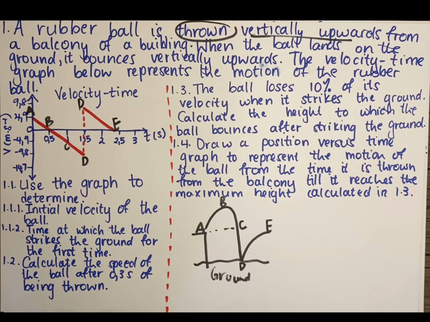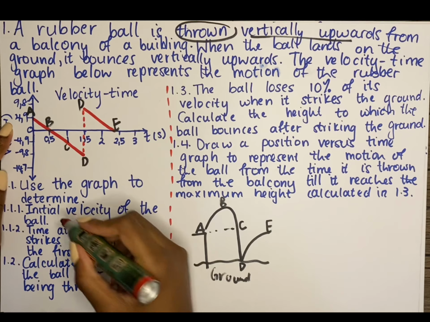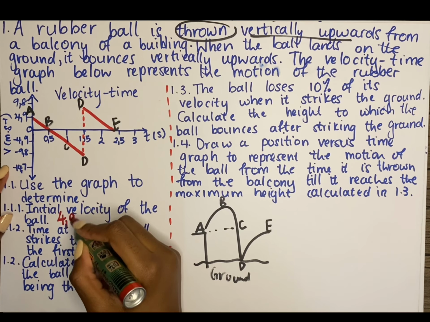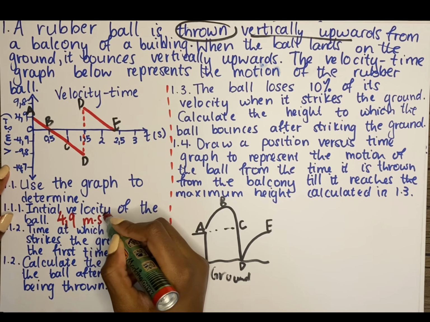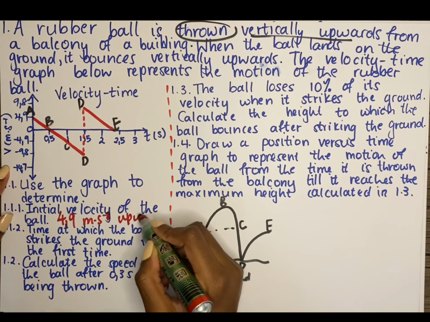And then they say use the graph to determine the initial velocity of the ball. As you can see from here, the initial velocity of the ball is going to be at A, which is 4.9 meters per second, not second squared. It's going to be upwards,